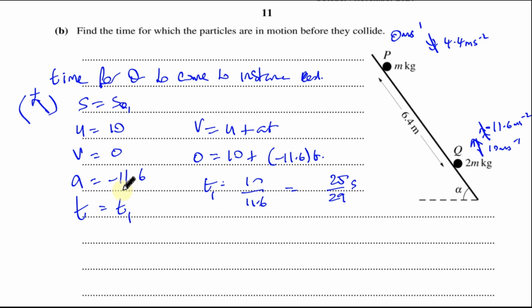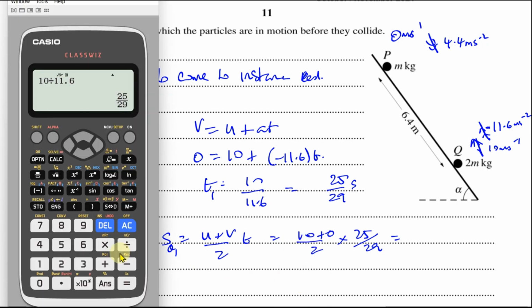We could have done this from V squared equals U squared plus 2AS, but we can also find it by using S equals (U plus V) over 2 times T. So SQ1 is going to be (10 plus 0) over 2 times 25 over 29. That's going to be 5 times 25 over 29. We take this value, 25 over 29, and multiply it by 5. That gives you